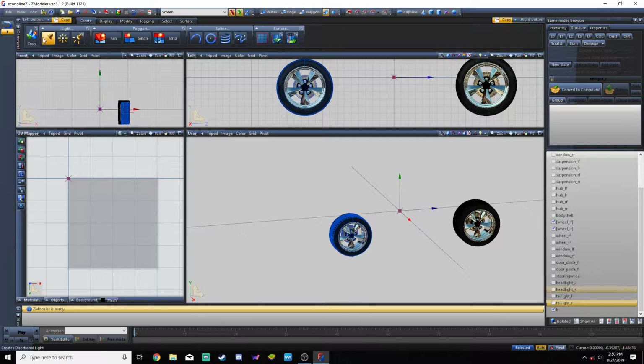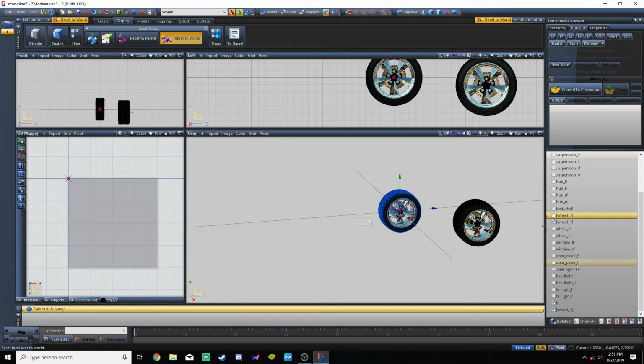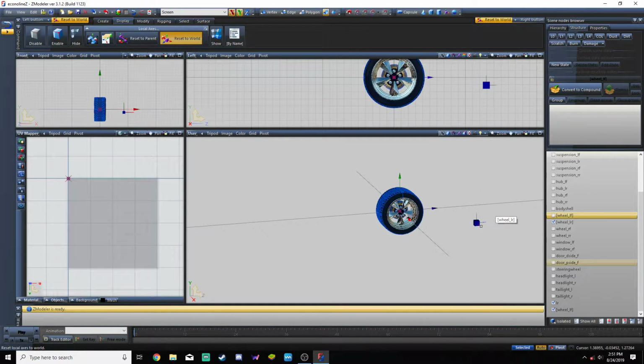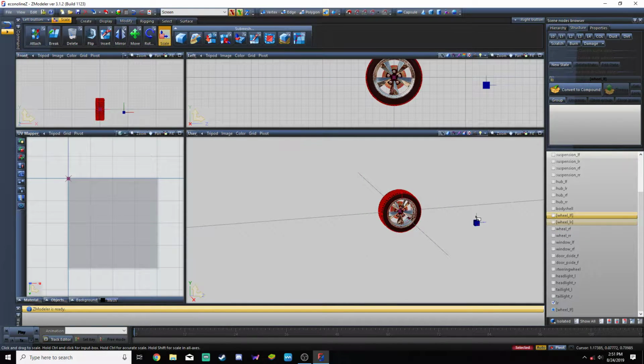Then what I did was I copied the front wheel again, because we want to keep the front wheel where it is. Center local axis to object, and then you want to click this, uncheck keep object, reset to world. That'll reset that, and that is in the same exact spot as the other one. Then modify scale, uncheck the left rear, go with the front one,